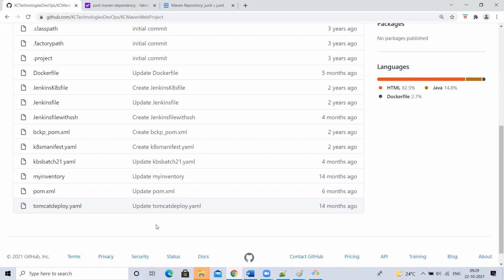Again, change the Maven local repository back to the default path.